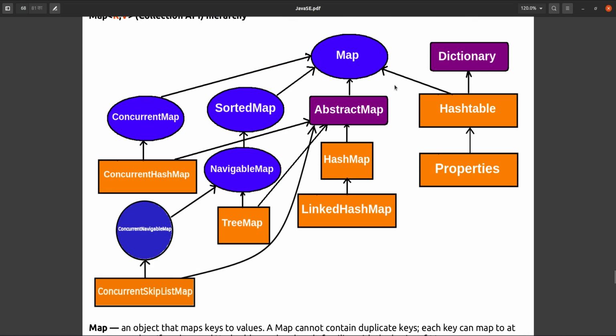Currently just keep in mind that Hashtable is an implementation of map, because a hash table also stores values as key value pairs. But this is the legacy implementation. We should not use this one. Other than that, we can use HashMap and LinkedHashMap, or we can use TreeMap, no issue. HashMap and LinkedHashMap also use a hash table only to store the values, but they have given some other implementation.